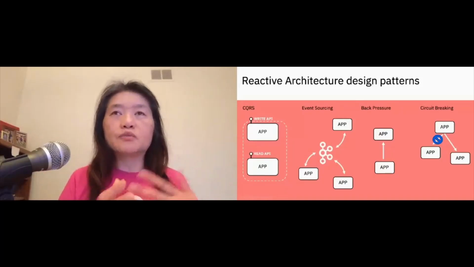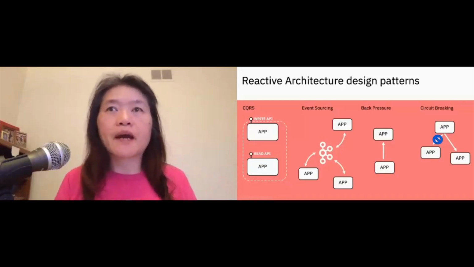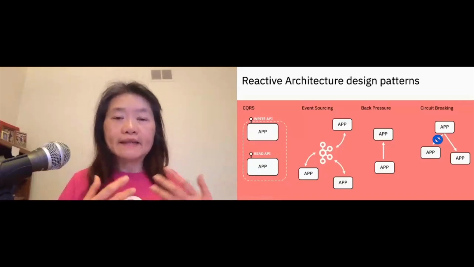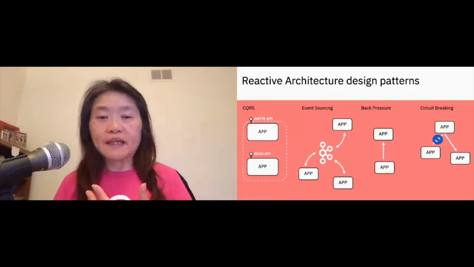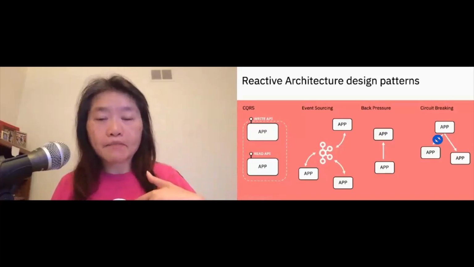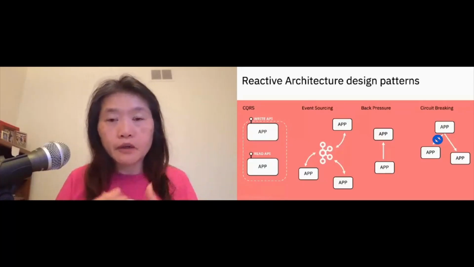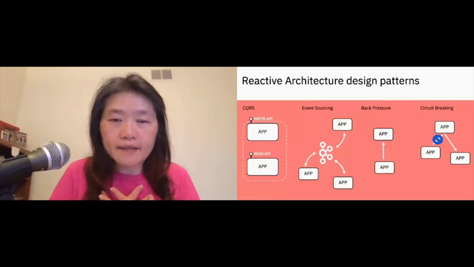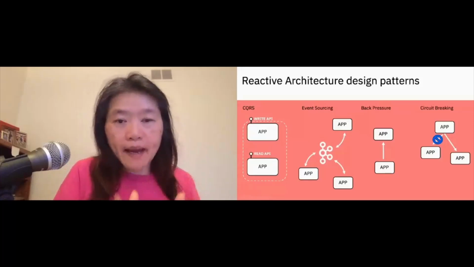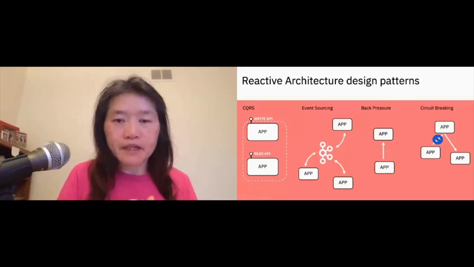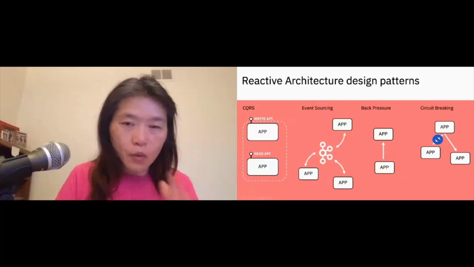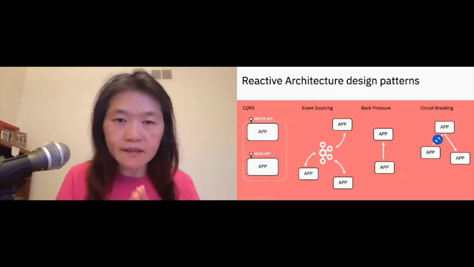But in a situation where you have, for example, a spike in your e-commerce system, you have a lot of requests coming in, and that builds up the back pressure. Your consumer will be overwhelmed by it. So there should be a mechanism to handle all of this back pressure, so that you don't overwhelm your system, your processes, at any one time.